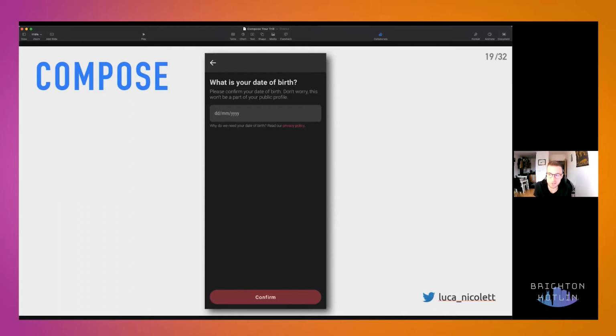There are some limitations though. For example, you cannot have the preview annotation on functions that have parameters without a default value. But you can tweak the preview. It's quite powerful right now, allowing you to ask for a specific device frame, specific size of the screen, specific DPI, and Android system version as well.